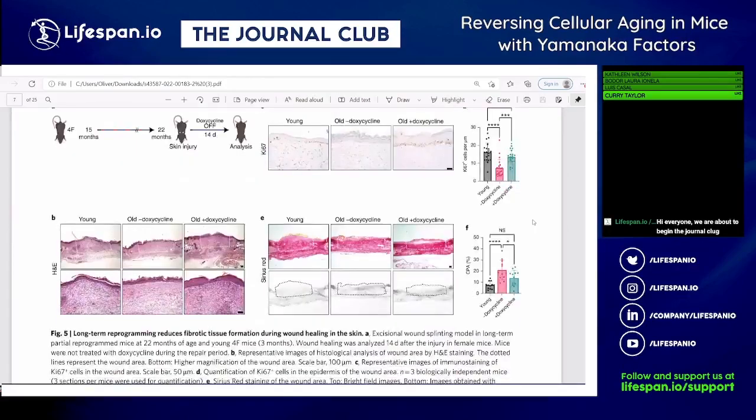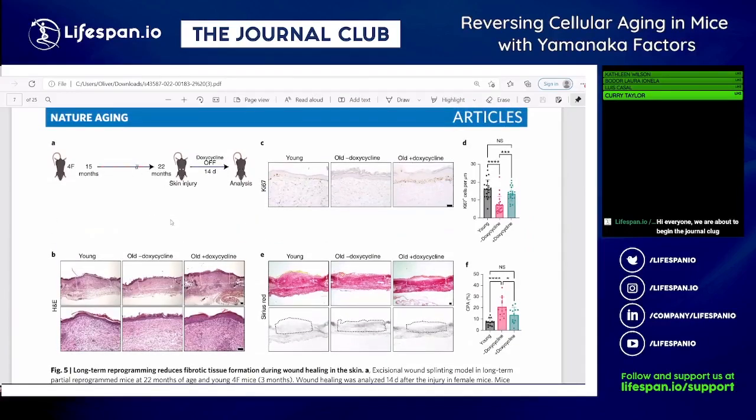besides the health data that they did earlier, the other physiologic test that they actually do on these mice that looks like there's some changes correlating with improvement, and these are some of the major changes, the most changes that they saw, at least with one type of methylation clock, was pointing towards the skin. They basically look at skin in response to injury. So 4F mice that have been sacrificed at 22 months, so 7 months of treatment. Then they do a skin injury at 22 months. They doxycycline off. So